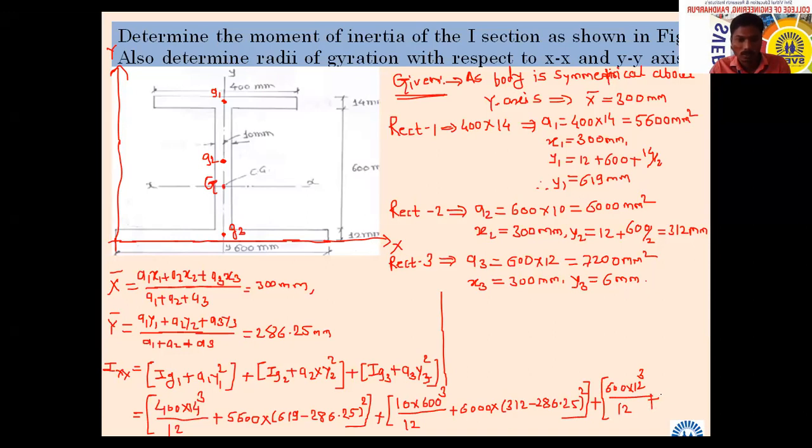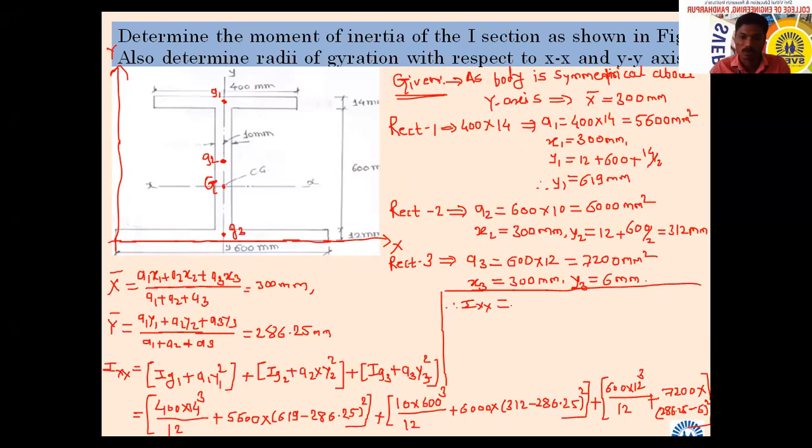area. How much is the area for the third? 7,000. Okay, into. Now tell me this difference: 286.25 minus 6, 6 minus 6 square. Horrible. Okay. Therefore,